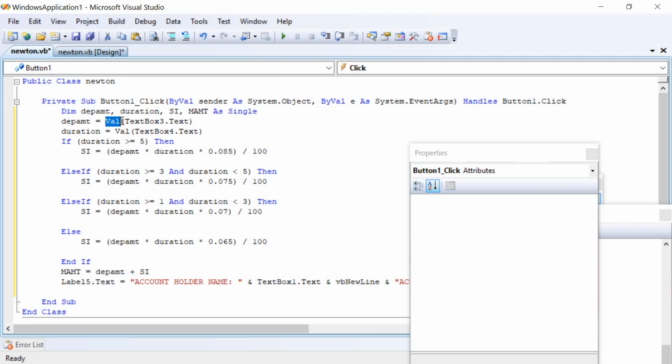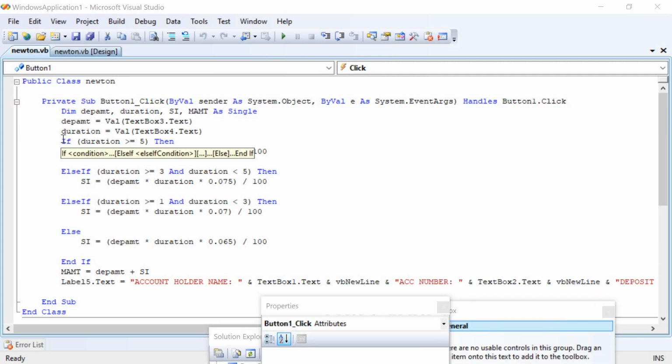Val indicates value, right? Once it is converted to number type, it will be stored in the variable DepAmount. In the same way, text box 4, which will take the duration, has to be converted to number type, and later stored in the variable duration. Once this is done, we have to go for checking the conditions.